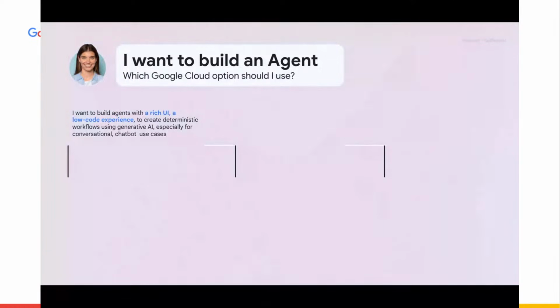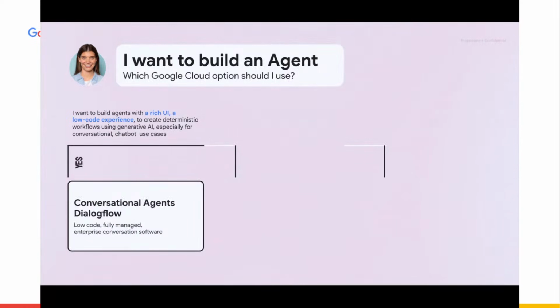So the first one is pretty straightforward. I want to build a chatbot conversational use case. Pretty straightforward, deterministic use cases, but has generative AI to it. Then I would suggest using Dialogflow.